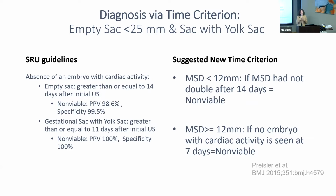So based on this study, looking at these patients later on, they compared the mean sac diameters with or without yolk sac to come up with a new threshold. And what they found was mean sac diameter is actually the thing that's most predictive, not the presence or absence of yolk sac. A mean sac diameter that is very small has a much higher chance of being viable and should be watched for a longer period of time, whereas a mean sac diameter that's large is more likely to be a non-viable pregnancy, and you need less time